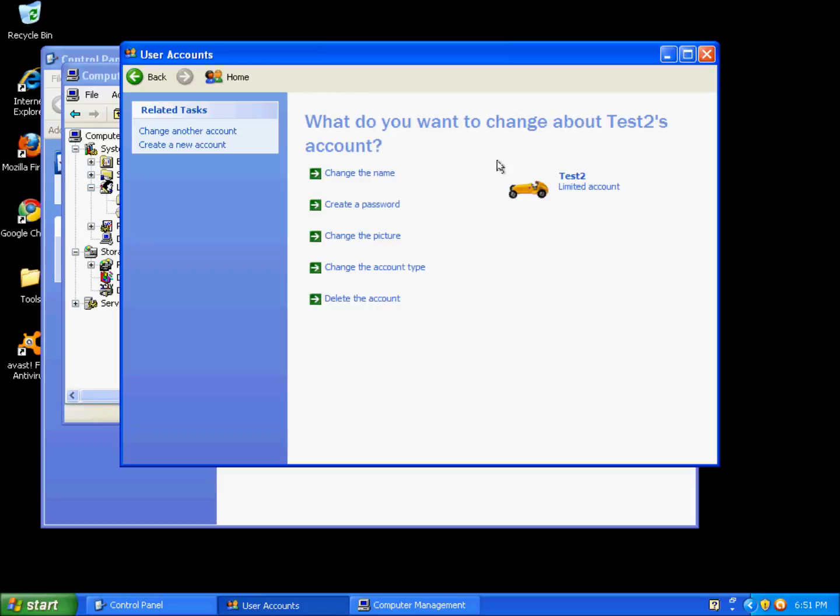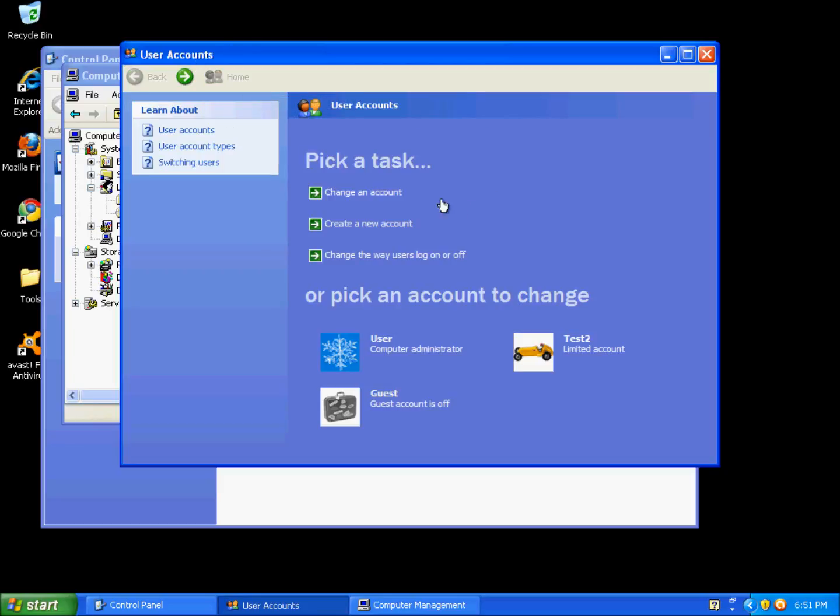Alright, but of course the practical application of this is that if you have someone who has kids, or someone who cannot be trusted, who may get a computer infected, give that person a non-admin account, a non-administrator account, and that will stop them from causing those infections. Or like I said, if you just don't want to have to worry about it as well, remember, if you operate in a